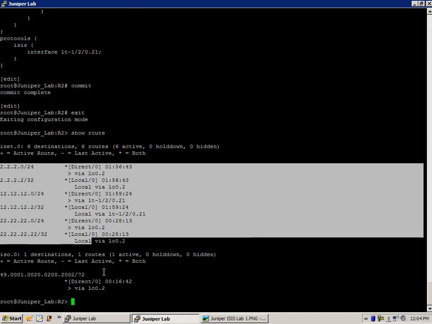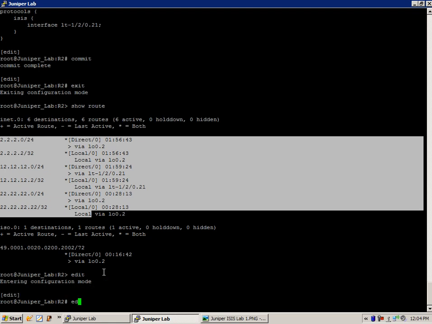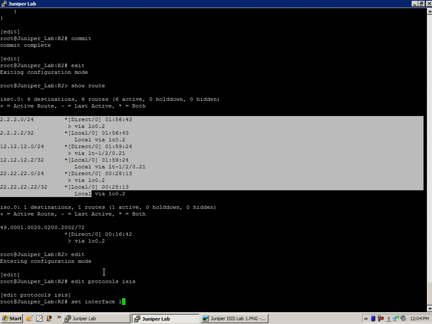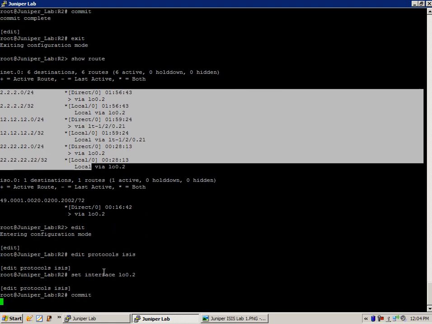So the next thing that we want to do is go under router 2 first. We'll go under edit protocols ISIS, and we're going to do the command set interface loopback 0.2. Let's go ahead and commit this, and what we should see